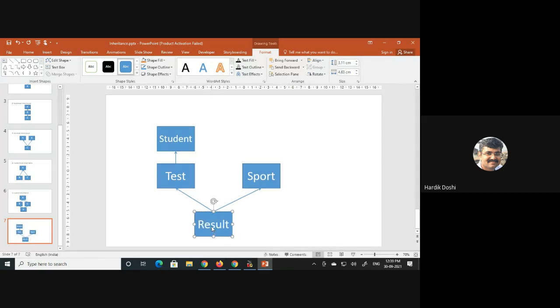Similar example we have done. That's why I'm going to ask you to implement this. Can you do this inheritance? Can I say this to be a hybrid inheritance?